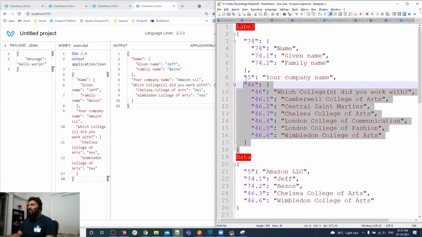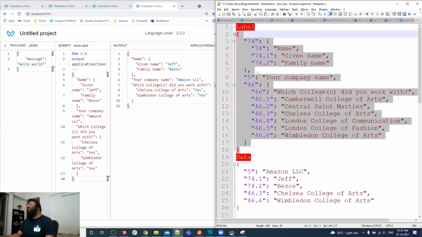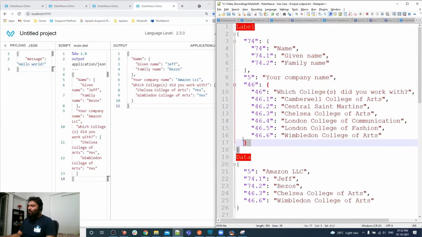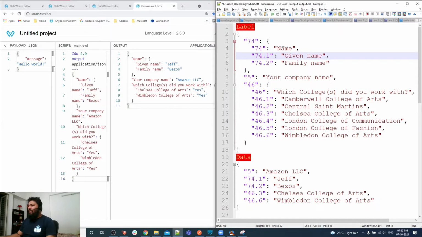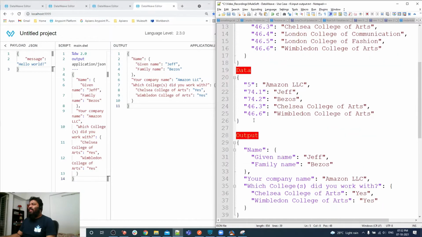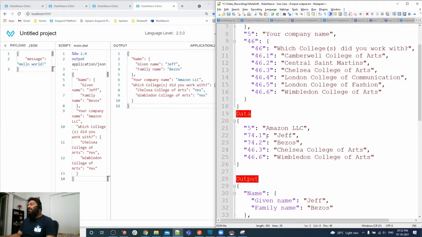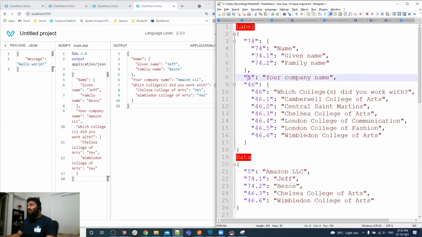This is a kind of structure which defines the output structure as well as the label number and label name. But how exactly are we getting the data? The data is coming like this. For example, for label number 5 we have this value, but don't confuse this number 5 with the other.